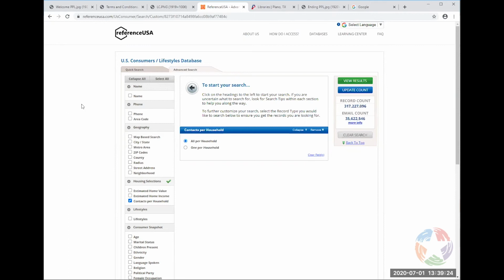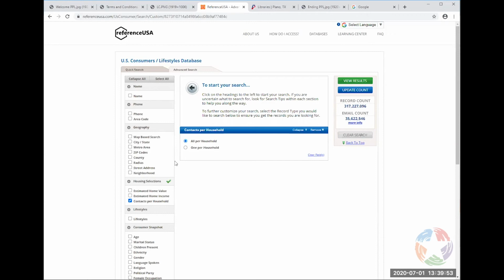So we're going in and we're saying, okay, contacts per household. We want all the contacts because they do their best on this. I'm not entirely sure how accurate it's going to be because people are not as free with their information sometimes as a business might be. Okay, so in this case, we have geography again.